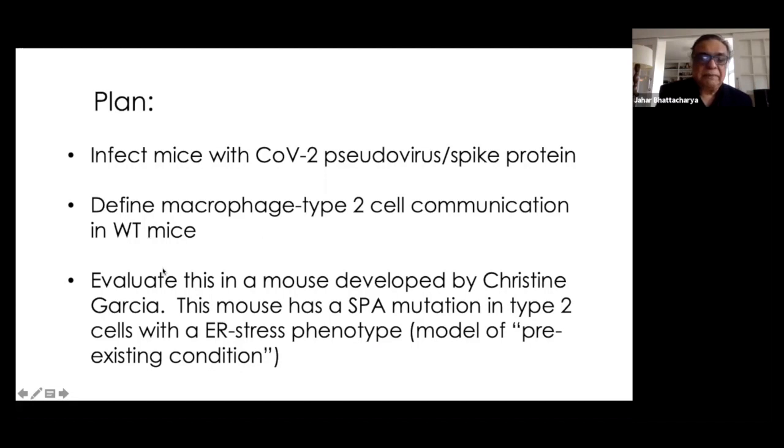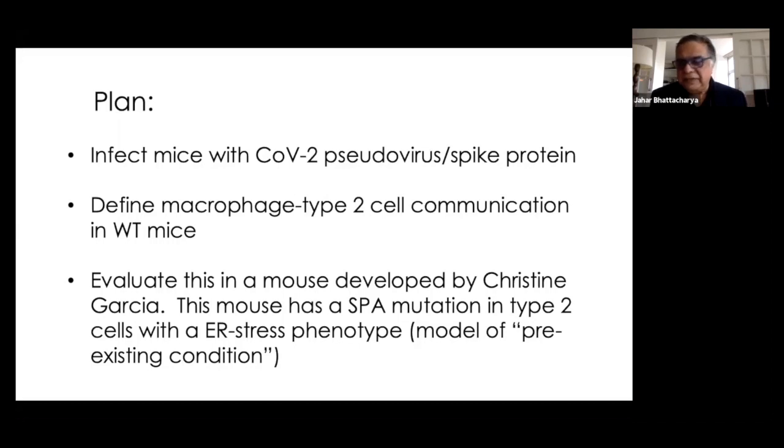But in addition, we are very fortunate to have a mouse, the availability of a mouse developed by Christine Garcia. This is a very interesting mouse because it has a mutation in the surfactant protein A, which is expressed only in type 2 cells. And because of this mutation, the type 2 cell generates a kind of an ER stress type phenotype, which is the model, if you like, of a pre-existing condition. So it'll be interesting to know if this mouse generates a hyperinflammatory response to the virus. So with that, I'll stop,